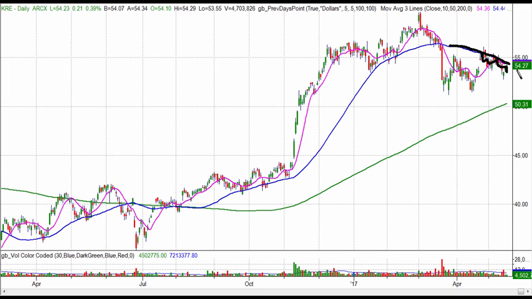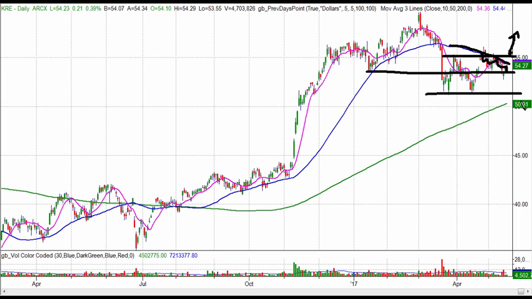Price action can't really get through it, but if it does get through it, trading over 55, the top of this range, then it could look like it's back in play. In terms of holding its support, it's pretty much holding a first level of support where you'd expect it to hold. You don't want it to take out this bottom level here.